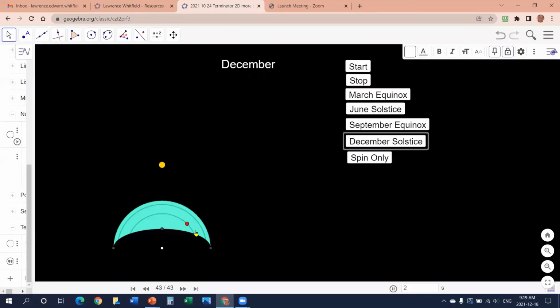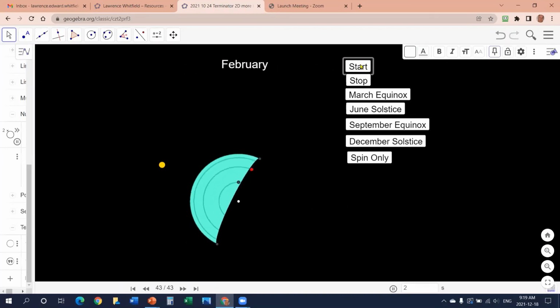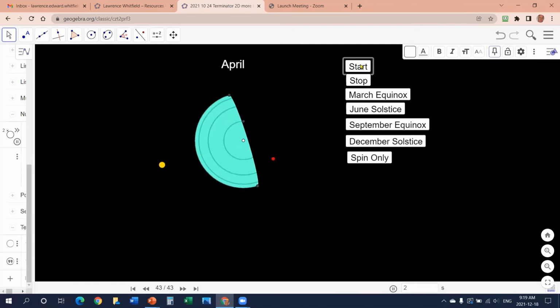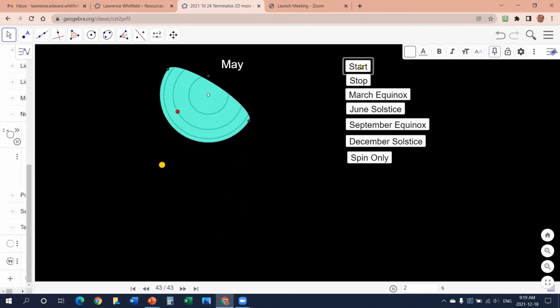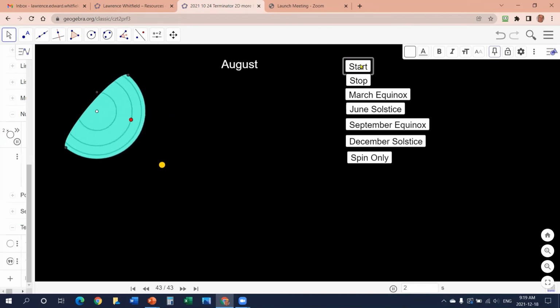So before we go, let's do one more year, and then we'll wrap up. There's February, March. By the way, I'm sure it's obvious, but in real life, the months of the year do not appear in the darkness of space.